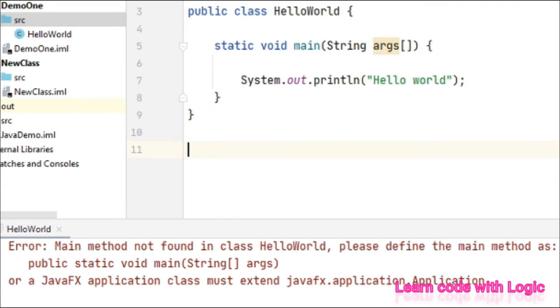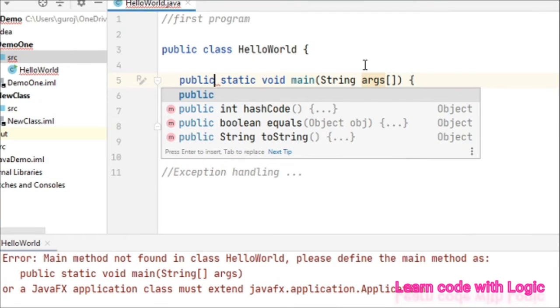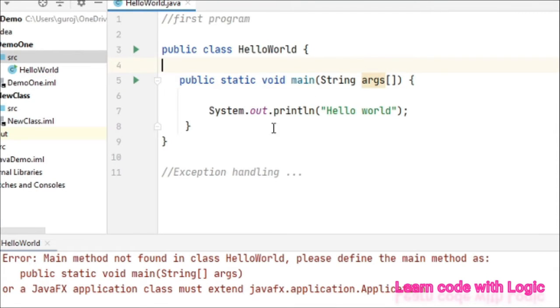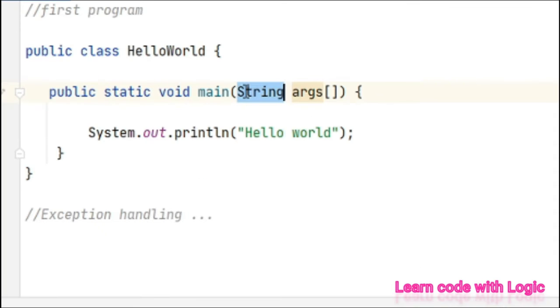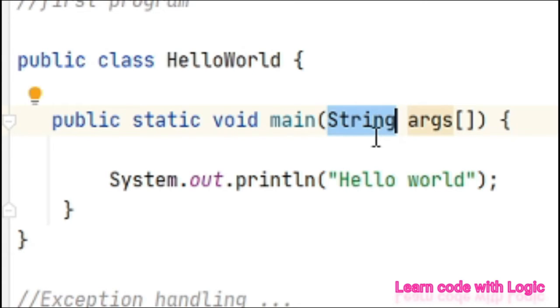We have again a big concept called exception handling. We'll talk more about it while discussing that topic. Now if you don't have the public access modifier here, it's showing main method not found in class. What if you remove the data type here? It immediately shows the compile time error.